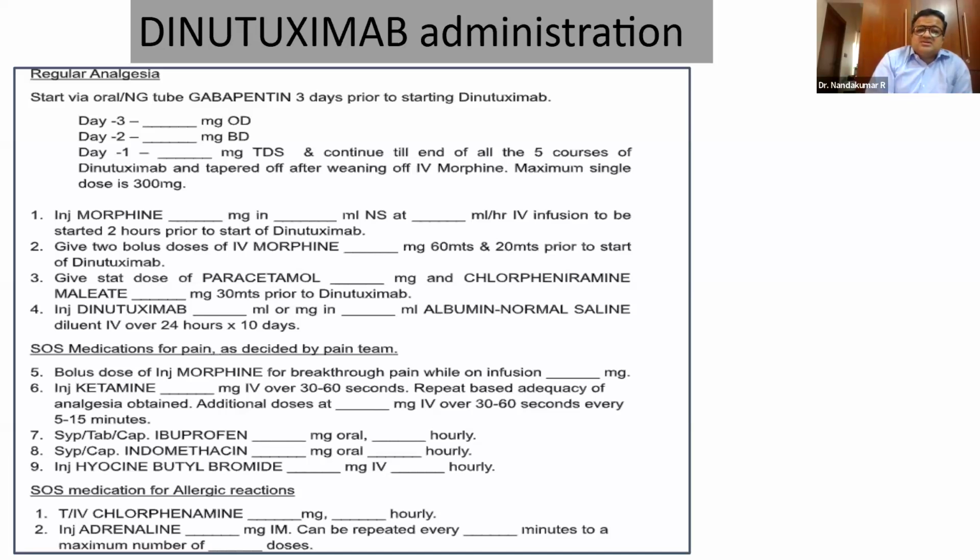Maximum dose is 300 milligrams of gabapentin, which is the adult dose. And then to counter the pain, you start off with morphine. There are different regimes of morphine pain control. The basic thing is you start with 0.03 milligram per kg per hour and then gradually escalate or de-escalate based